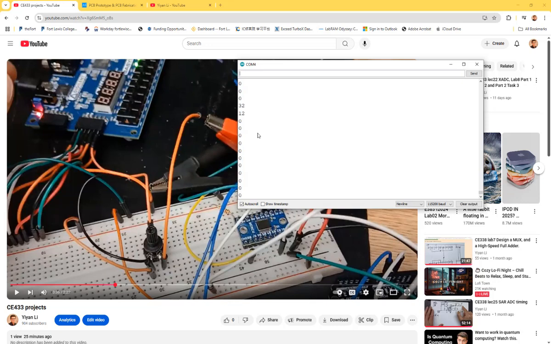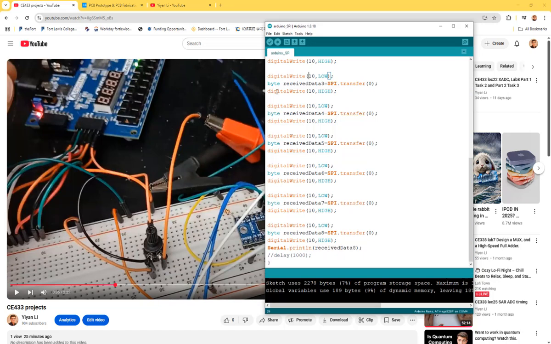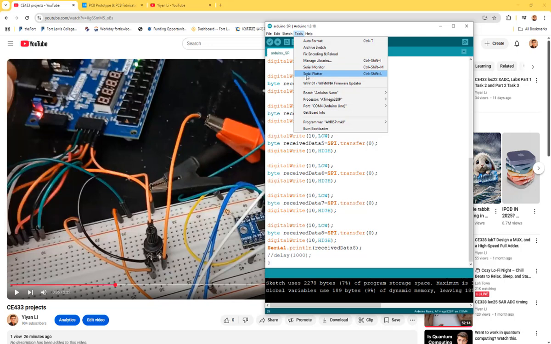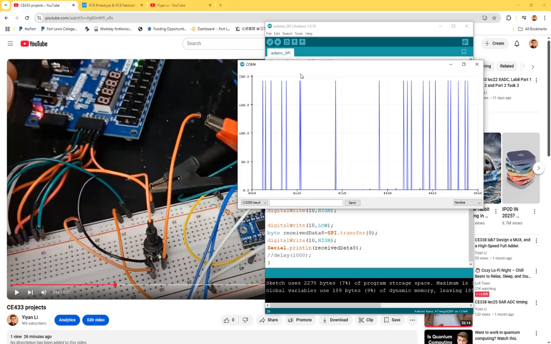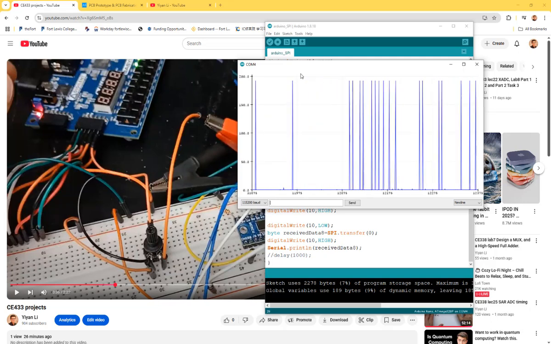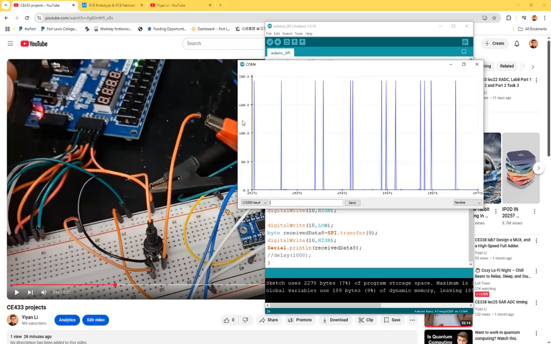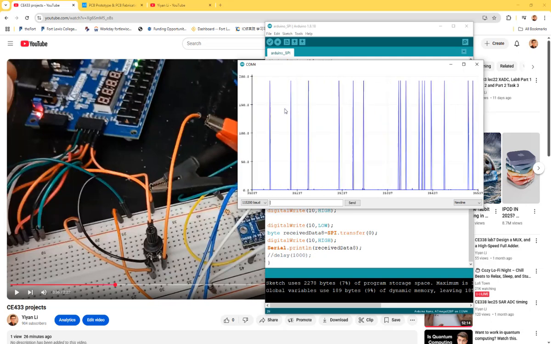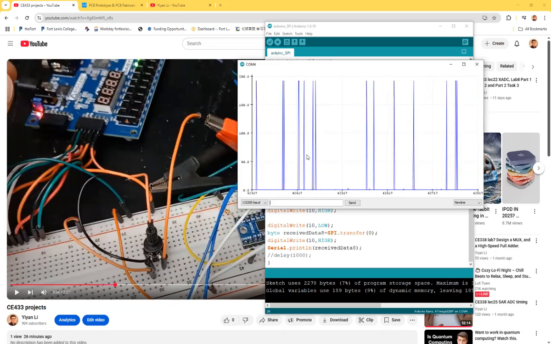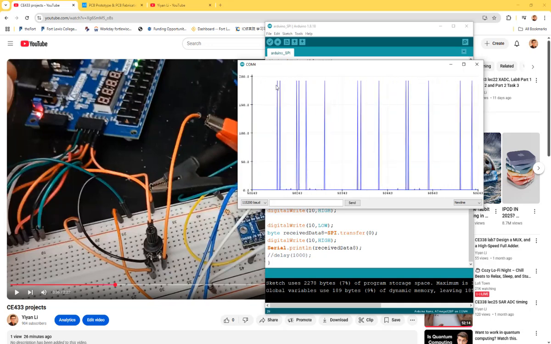So another thing you can change is, these are just raw data, right? So if you are throwing this to a display to plot, for example, if I want to plot a waveform of my fingertip's signal, I can use a serial plotter, and it's just everywhere, right? And I believe it's because of the scaling issue. It's just jumping from 0 to a pretty high number, and you might be able to get rid of the big numbers by